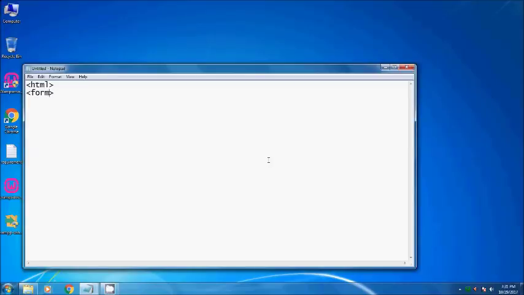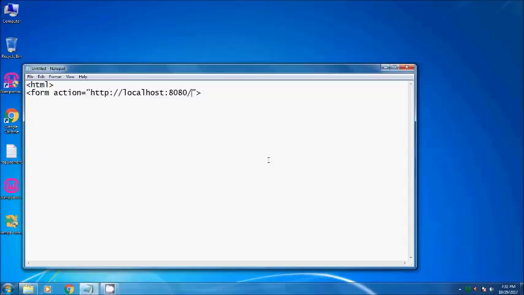followed by a form tag with action equal to, now whatever is written within the form tag will be taken as input data and will be sent to the address that you're going to mention inside the action. So the address is localhost colon 8080. Sorry, this isn't the best way to mention it. You can just say localhost, but the full address would be http colon slash slash localhost 8080